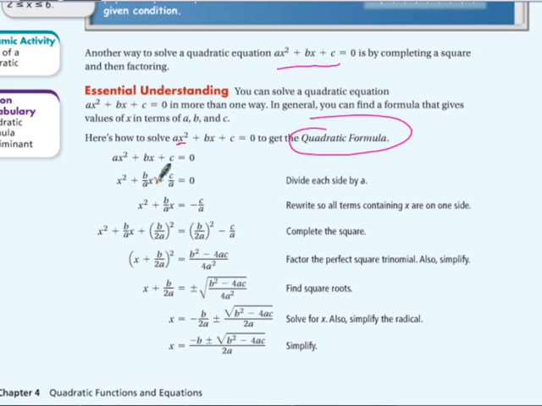The first thing is we divide everything by a. 0 divided by a is still 0. We move c over a to the other side. We complete the square, which is a skill we just practiced. So it's half of this times itself, so squared. So we add that to both sides, and then we now have a perfect square trinomial. We take the square root of both sides, we subtract, and then we combine because they have the same denominator,